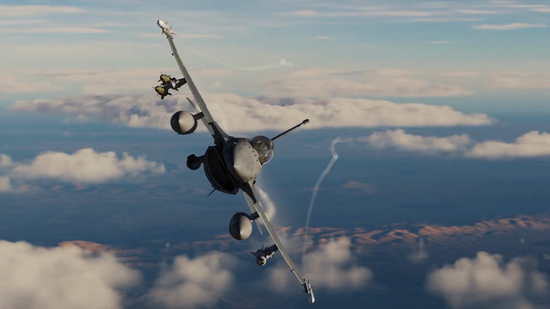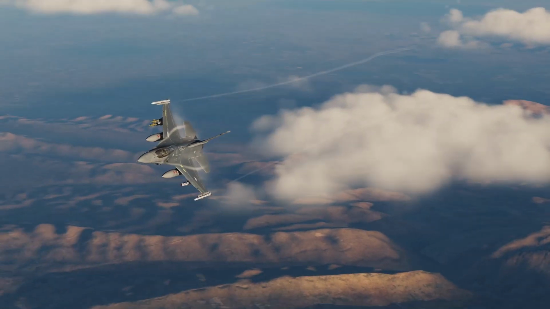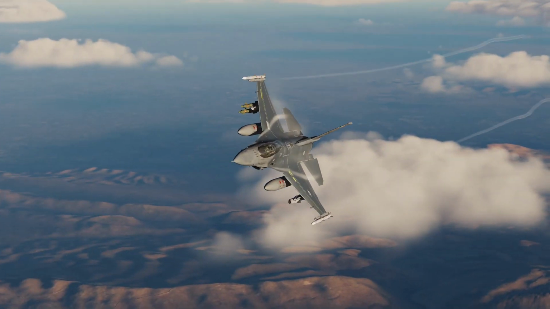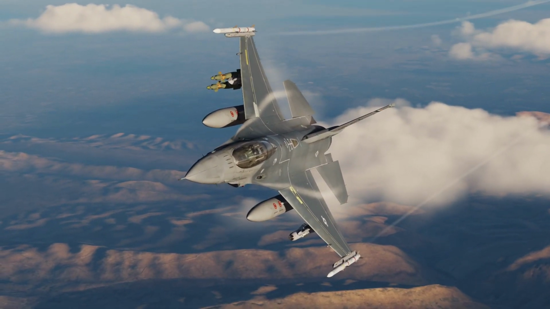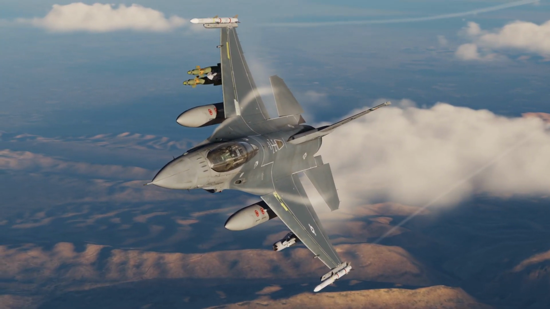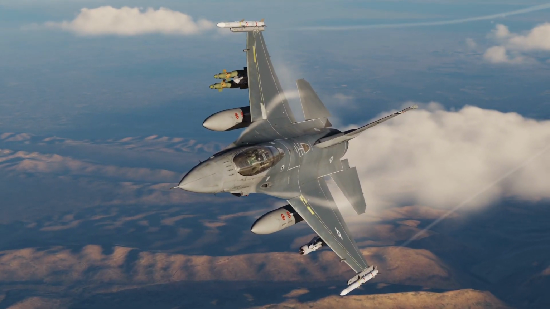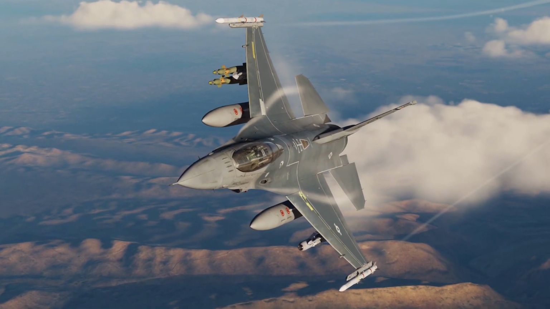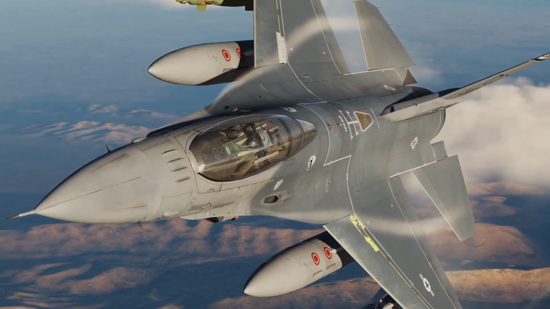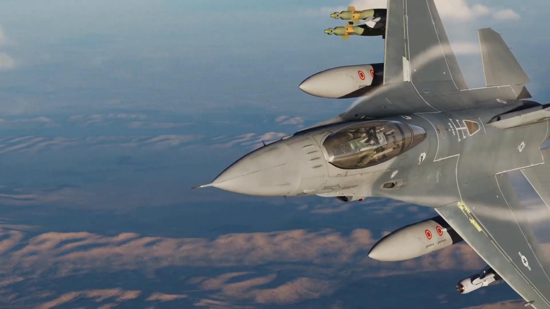You get the vortices coming off of the wingtips, which are my favorite detail in the screenshots lately. But you can see we also have some nice shadows created by the parts of our airframe. I also will say in a lot of situations, what I like to do is angle the pilot's head